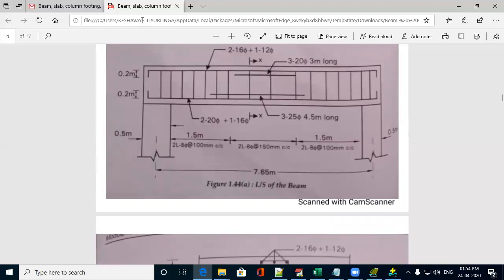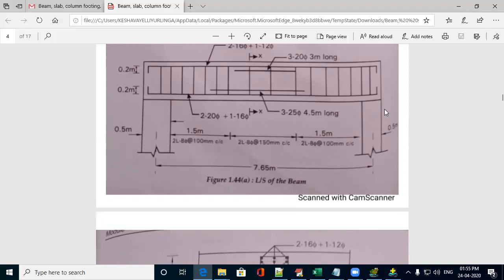What you need to calculate is the length of these bent bars. They are not cranked, all the bars are straight bars. You can also observe the top three bars and bottom three bars are of the same length. If you do the calculation for a single bar, it will be applicable for all the three bars here and three bars here. One more calculation you have to do is the stirrup length. You have to calculate the length of the stirrups along with how many stirrups you have to work out. If you work out these two, the things will be easier. Now let us calculate one by one.